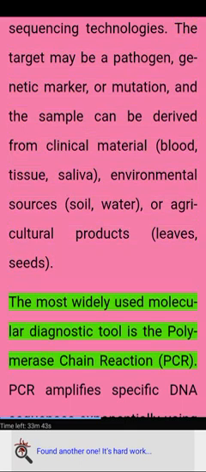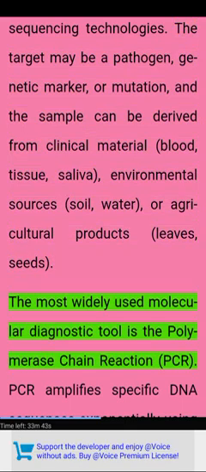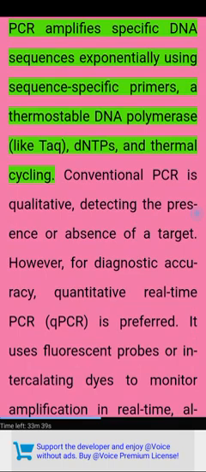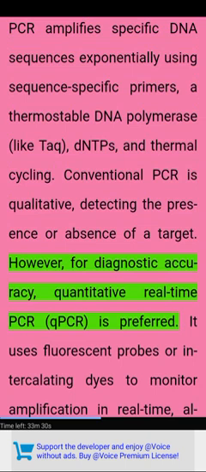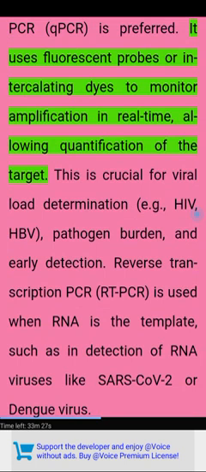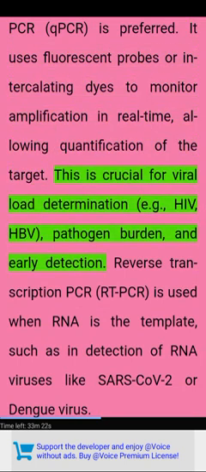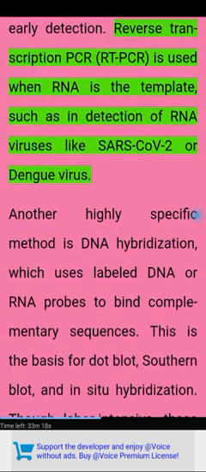The most widely used molecular diagnostic tool is the polymerase chain reaction (PCR). PCR amplifies specific DNA sequences exponentially using sequence-specific primers, a thermostable DNA polymerase like Taq, dNTPs, and thermal cycling. Conventional PCR is qualitative, detecting the presence or absence of a target. However, for diagnostic accuracy, quantitative real-time PCR (qPCR) is preferred. It uses fluorescent probes or intercalating dyes to monitor amplification in real time, allowing quantification of the target. This is crucial for viral load determination, e.g., HIV, HPV, pathogen burden, and early detection. Reverse transcription PCR (RT-PCR) is used when RNA is the template, such as in detection of RNA viruses like SARS-CoV-2